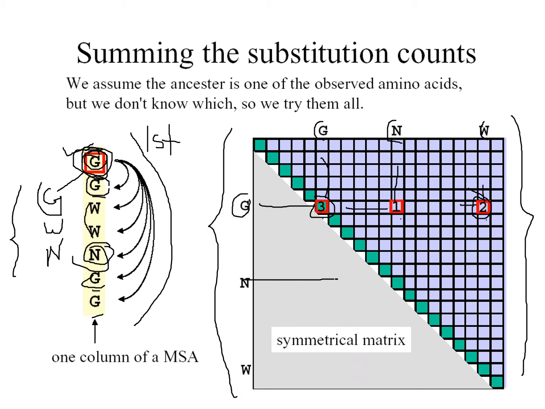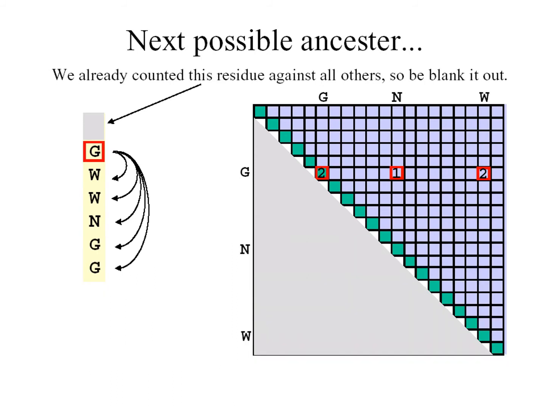So we took the first G as the ancestor in my first case, so we already counted the first G in the first case, right? So we are removing the first ancestor now, and now we are counting from the next character so that we can get the mutations perfectly. So we are removing the first character, as we already took that as an ancestor, so we are taking the next element now as the ancestor. So this is the next possible ancestor that we are taking.